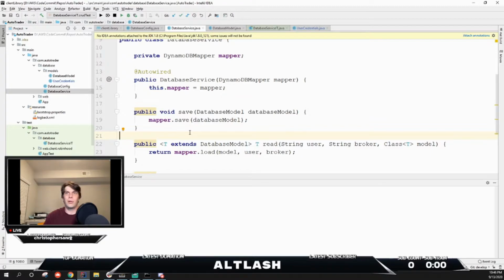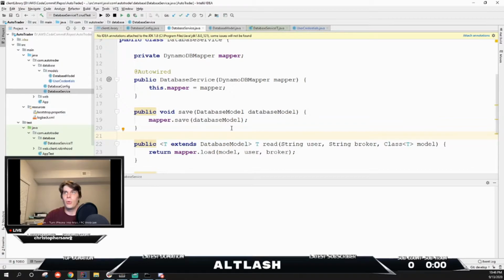So instead of interacting with the database directly through the mapper, you're going to interact through the service to get to the database. And that way, if there's any changes to our database layer, if we want to swap out and use MySQL or any other type of database,